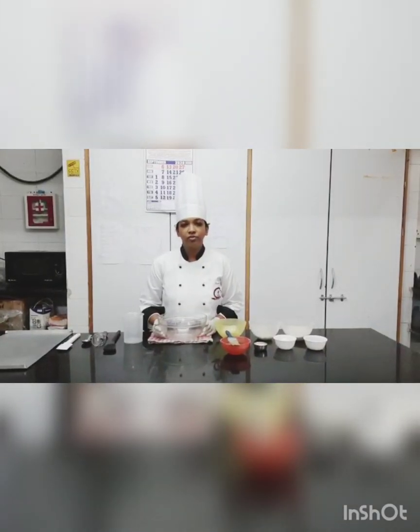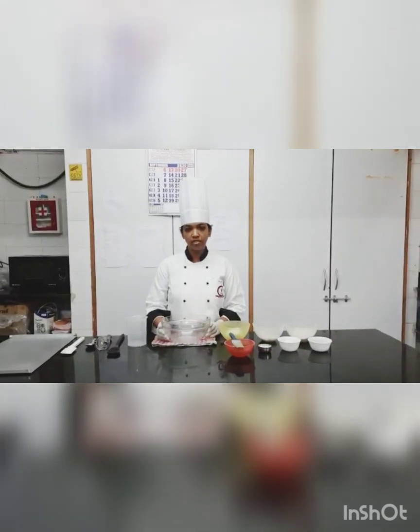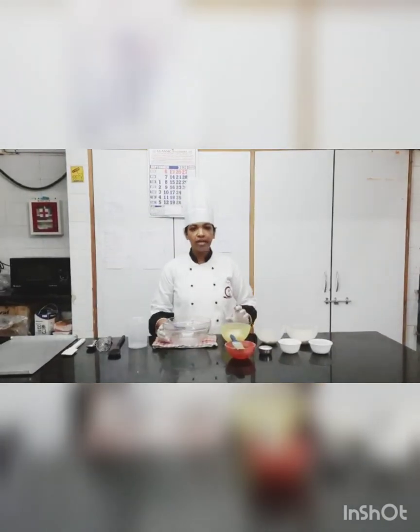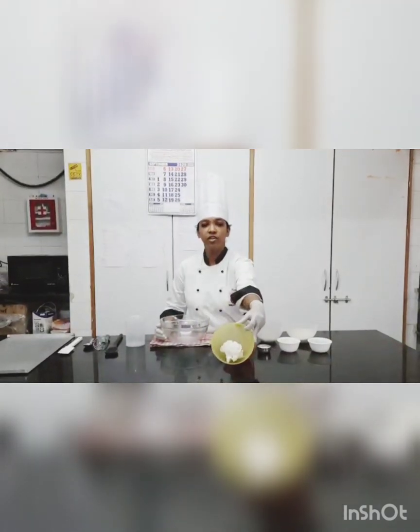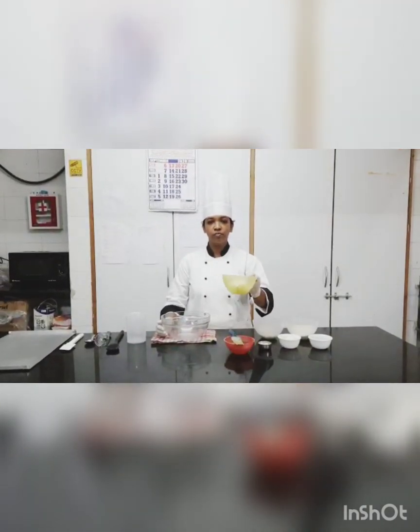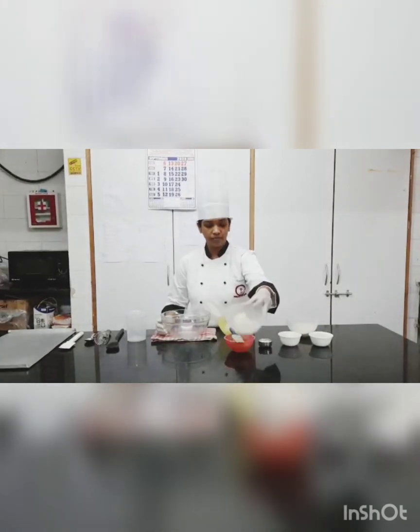Hello everybody. So today we are going to make chocolate chip cookies with creaming method. The ingredients which we are going to use for chocolate chip cookies are margarine. Instead of margarine, you can also use butter, powdered sugar,